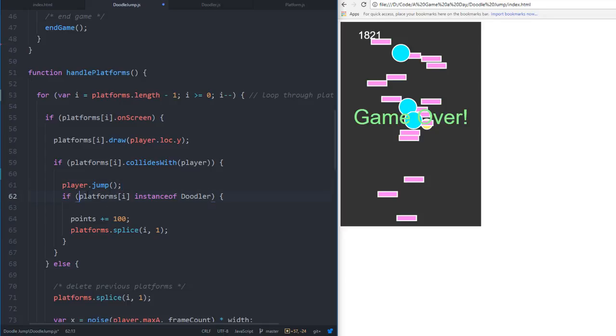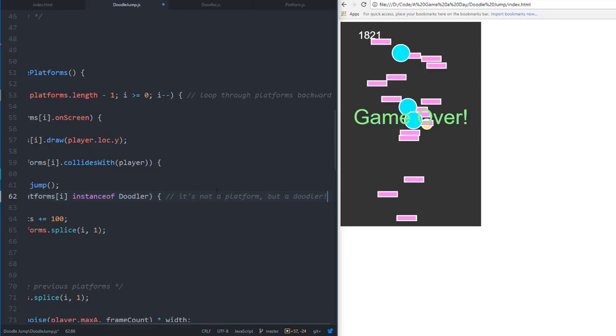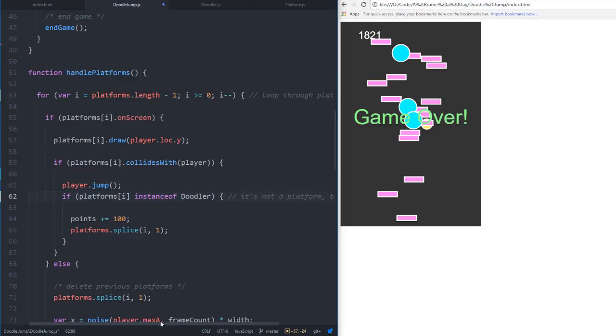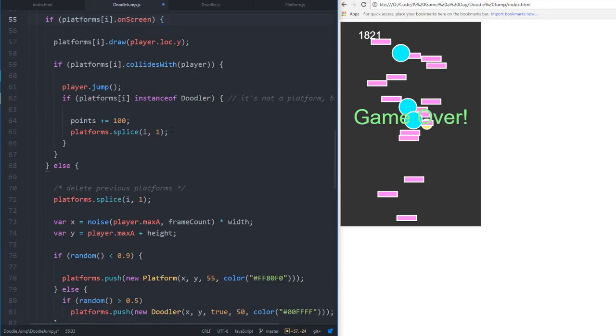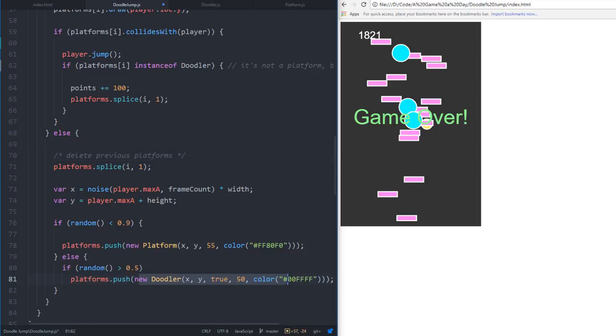But yeah. So if platforms of I is an instance of Doodler, it's not a platform, but a doodler. We were spooked. We've been bamboozled, I think that's what it's called. Wait a minute, why? If it's on screen, we delete previous platforms. When we push new platforms, what do we do? Okay, we say new platform, and then half of them get